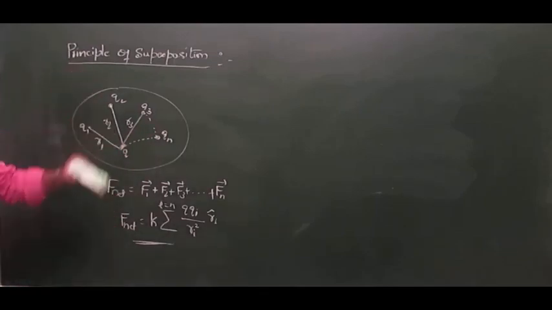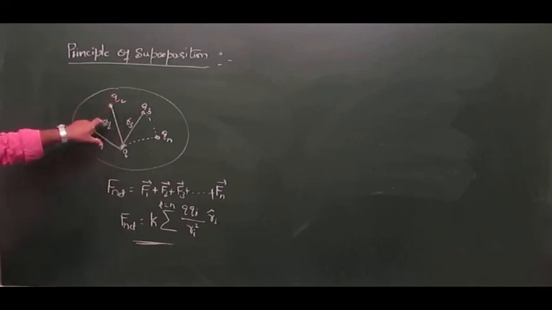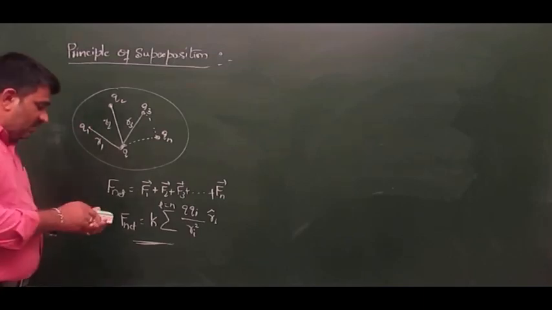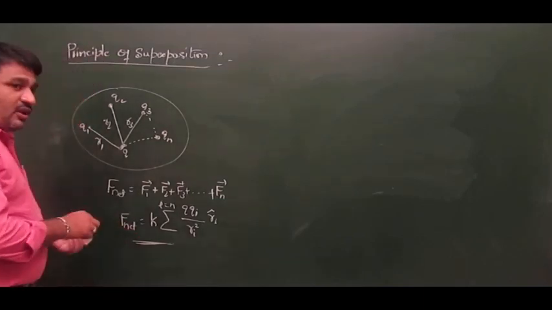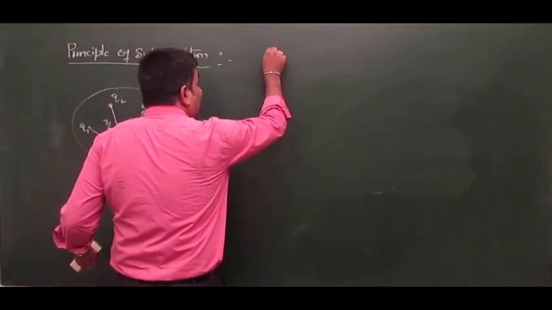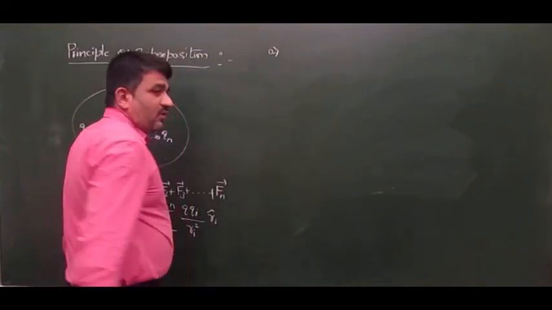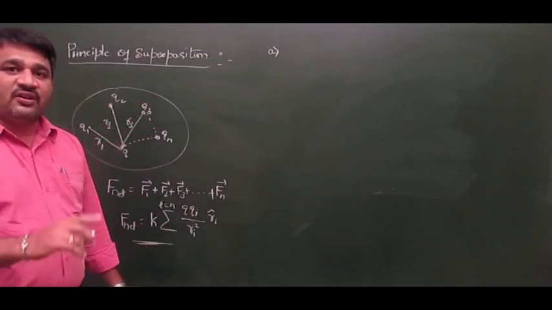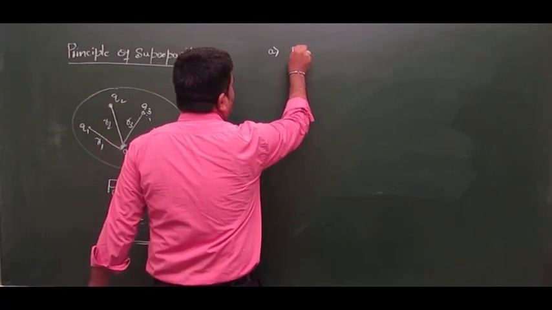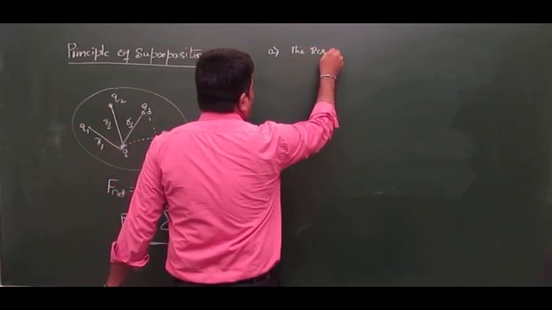This is the principle of superposition. Just the algebraic sum of all the individual forces is equal to the net force. Is it clear? Now, what is the resultant force when the two forces are acting at an angle? The resultant force